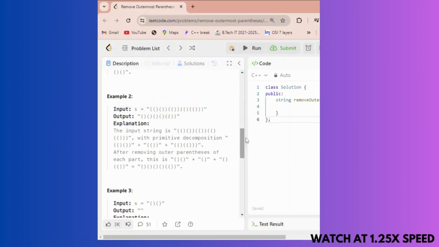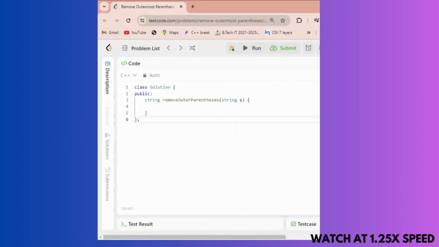So for solving this question, we have to do some initialization in the starting. String result. Result will give you the final answer, in which I'll take a balance variable where I'll store 0 initially and start a loop for char c in s.